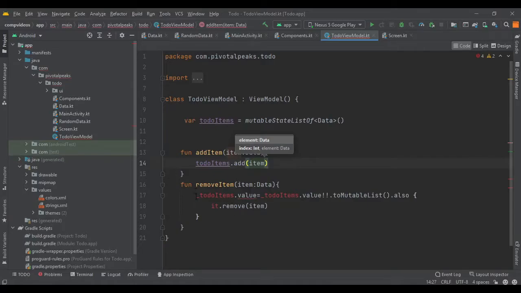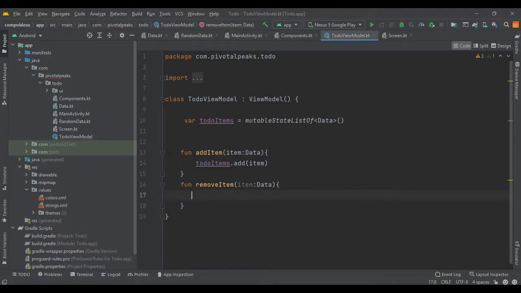And for remove, we also don't need this complex piece of code, so just remove it and call todoItems.remove and pass the item. So this declaration of to-do items is quite short, but it has the same behavior as the live data version.